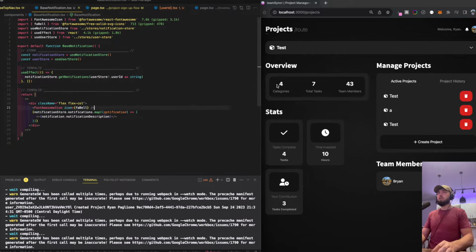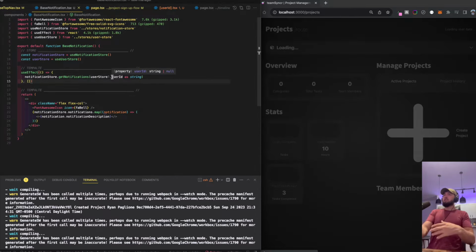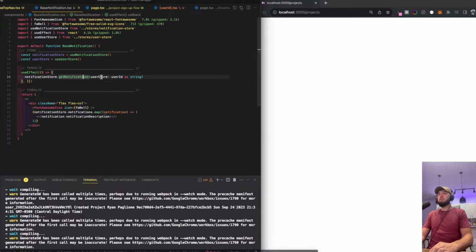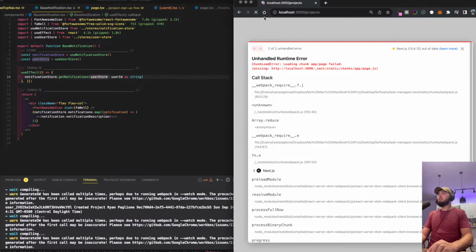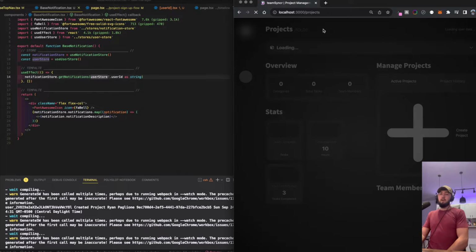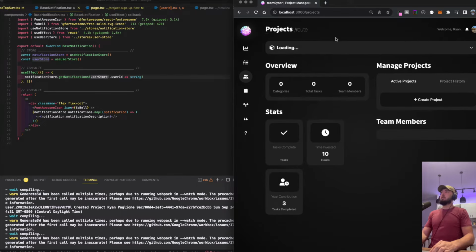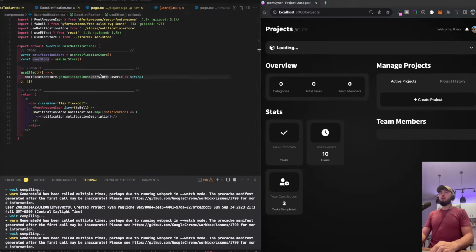So now let's see if our notification store gets fetched. We might need to do some awaiting on getting the user ID, kind of stuff like that, right? Seems to be par for the course. Because ultimately our user ID needs to be fetched first for anything to pretty much work. Like we need to know which user it is. We need to know everything pretty much. So